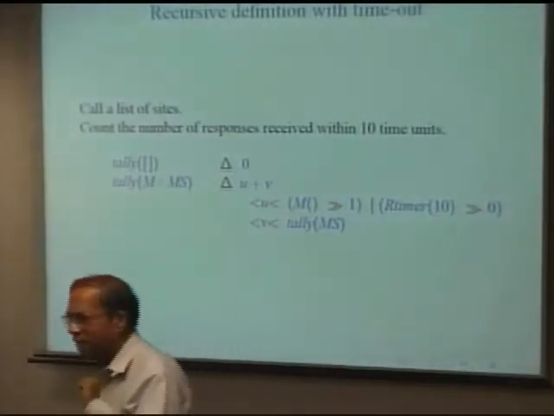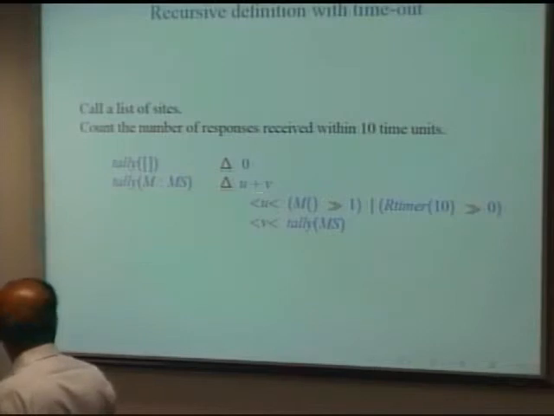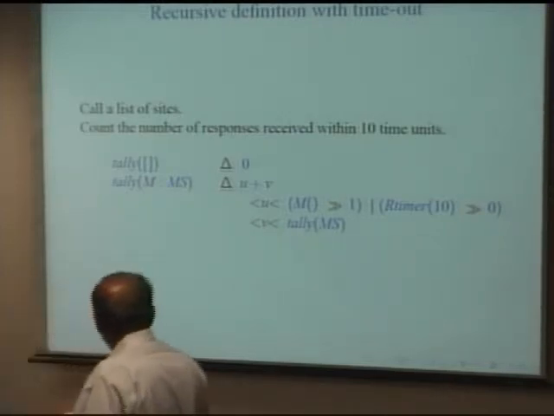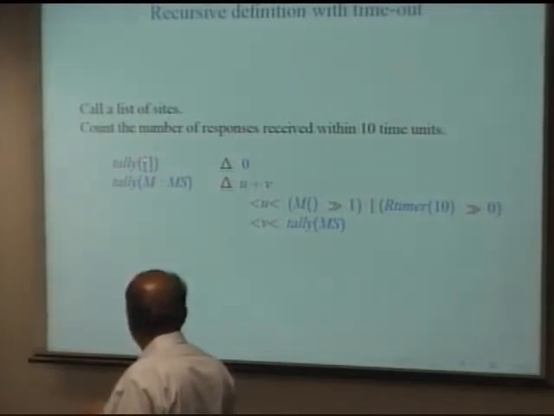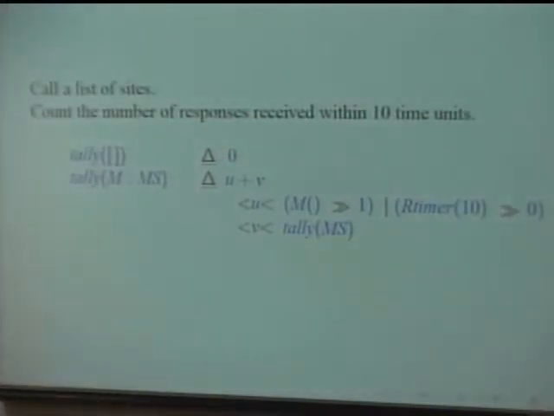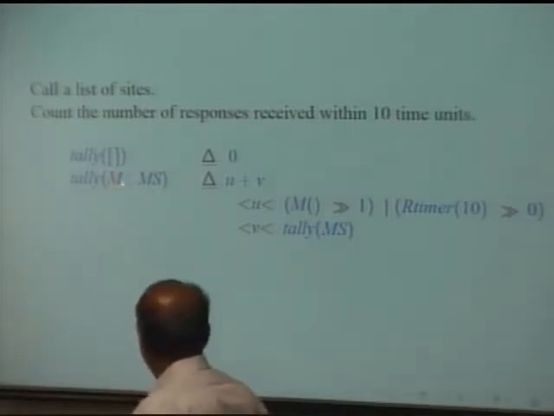So call all the sites in that list simultaneously. Wait for 10 time units, and then publish an answer. How many responded in 10 time units? Now, we write it in this way. The style is very similar to functional programming. If your list is empty, your answer is going to be 0 because you aren't going to call anyone, no responses received. If your input is of this form, the first entry is M and the rest of the list is MS,